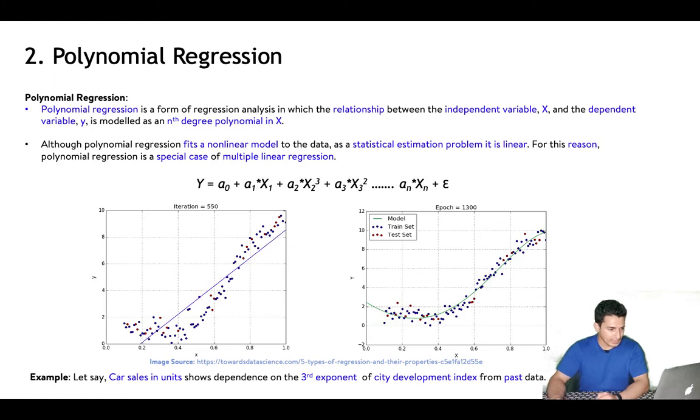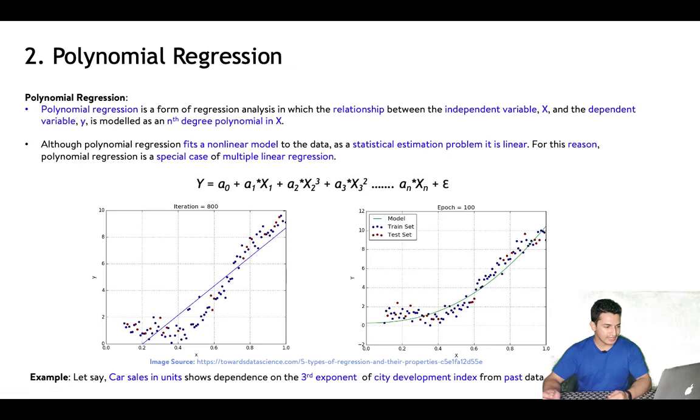We can understand it. If we see this graphical example, x is the input variable and y is what we are trying to predict. Now, no matter how my linear regression line is drawn, there's no way the model will be a good fit to this data. While in the other case, if I model y with respect to x square and then run a linear regression, the model does a pretty good job. So this is one example where we saw graphically why it makes more sense to model y with respect to some nth power of x, because the distribution of data is that way.